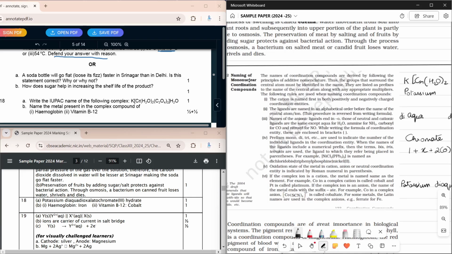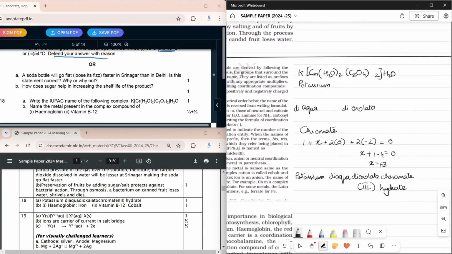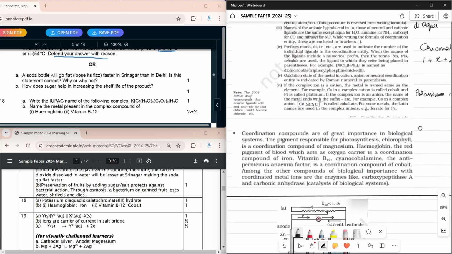it's under the naming of mononuclear coordination compounds. So basically we started with the potassium, which is the cation, and then we moved on to the anion. Under the anion you have two ligands, diaqua, dioxalato, and then chromate. And then we calculated the oxidation state of the chromate, and then we were able to find out the name or write the name. So the next question,